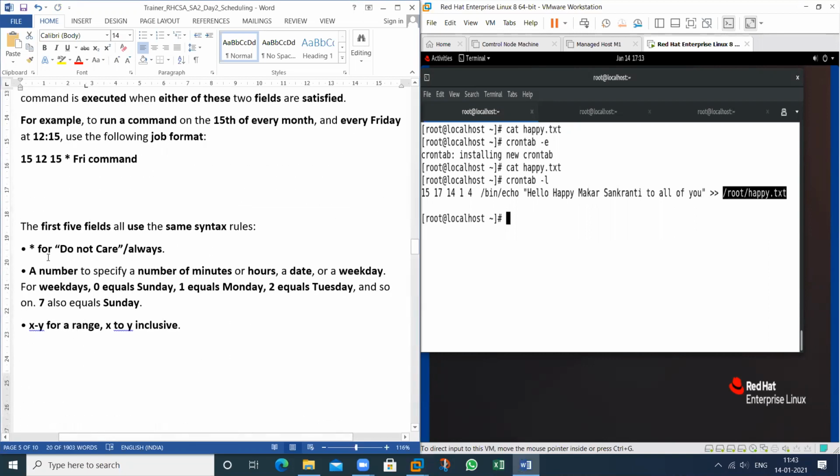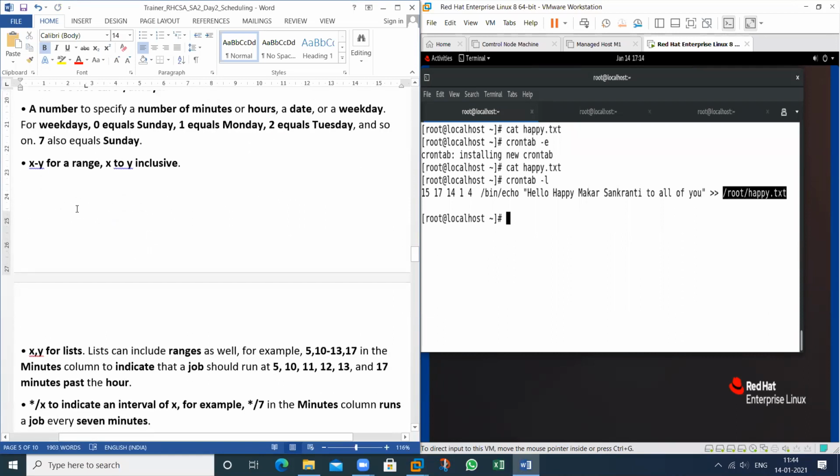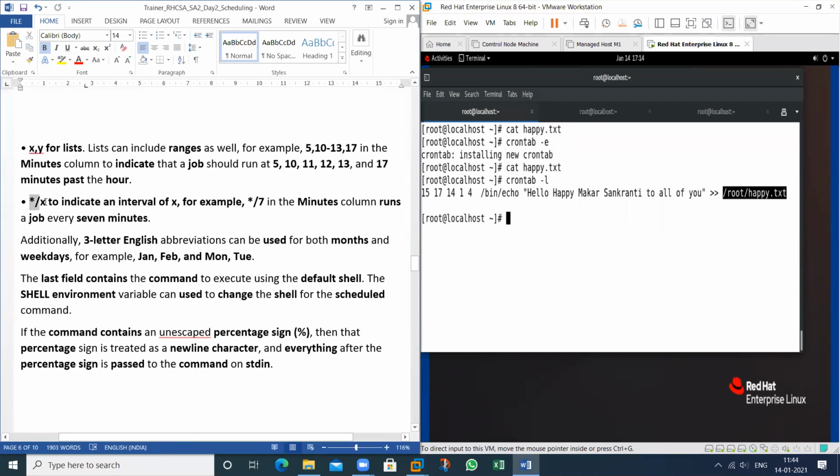See the same way. On this particular minute, 12:15, on 15 date, just start. It means on Friday, run this particular command. So what is the meaning of this one? Every minute it means every 2 minutes, 3 minutes, 4 minutes. See this one. Every 7 minutes that task will occur. And on this one, and this, do this particular task.